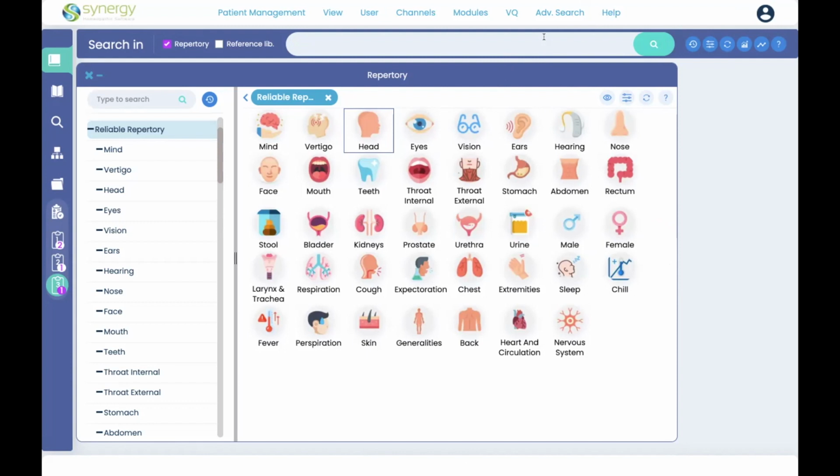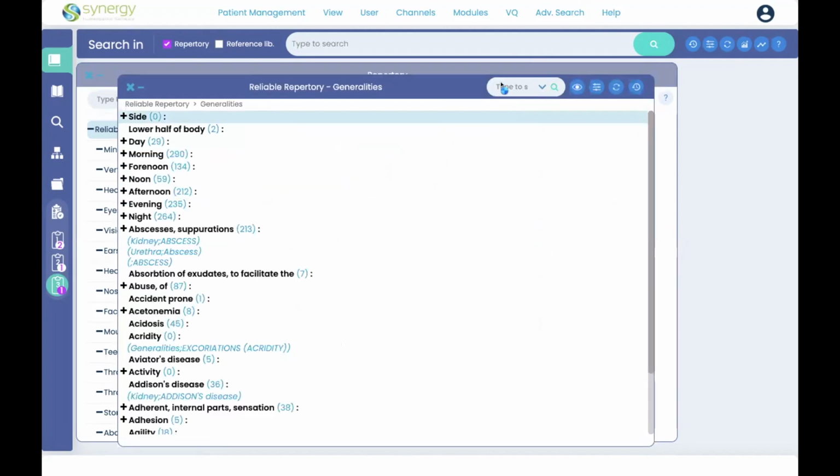But what I suggest is, if you are sure that a rubric is present in a particular chapter, like for example generalities, you go to the generalities section and type this: sweets, press spacebar and press desire. So you will skip the hassle of locating the rubric if you wish to just get it instantly,